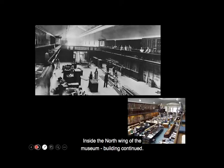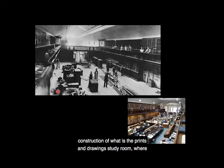Inside the north wing of the museum, building continued. The British Museum is a building site. There is continually building happening somewhere on the site. And this is right at the back of the museum. And here we can see a photograph from 1913, which shows the construction of what is the Prints and Drawings study room, where people can apply to see any of the prints and drawings which are part of the British Museum